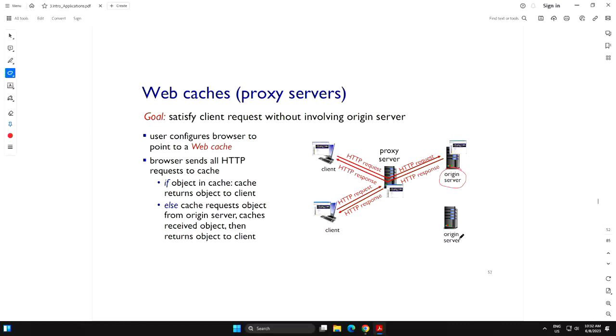So the request actually goes to the proxy server first. If it finds the object in the cache, it will not go to the origin server, and that will bring significant savings because of the distance and because of the bandwidth. Because within the organization, you have high-speed local area networks, such as this room. We have gigabit per second Ethernet. So we have cabling in this campus. All the Wi-Fi access points are connected via gigabit per second Ethernet in the backbone.